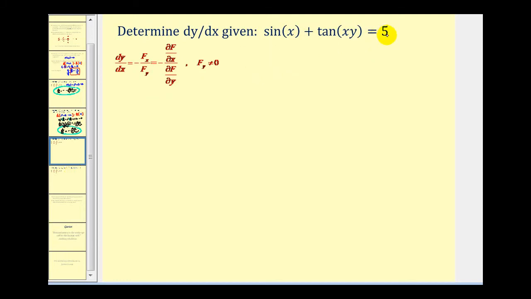Notice that this is not set equal to 0, so that means f(x,y) would be equal to sine x plus tangent xy minus 5. And now we can go ahead and apply the formula. So we have dy/dx